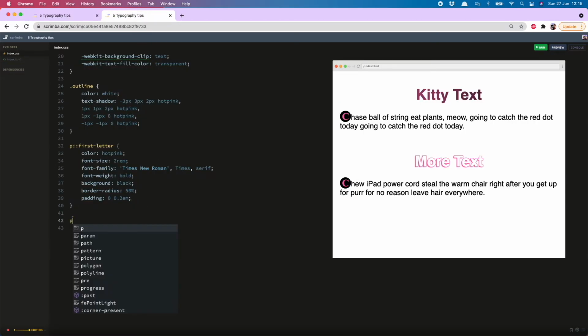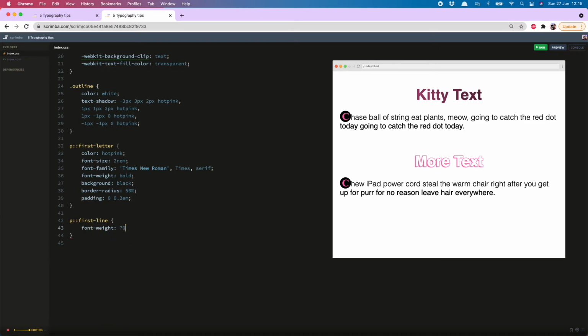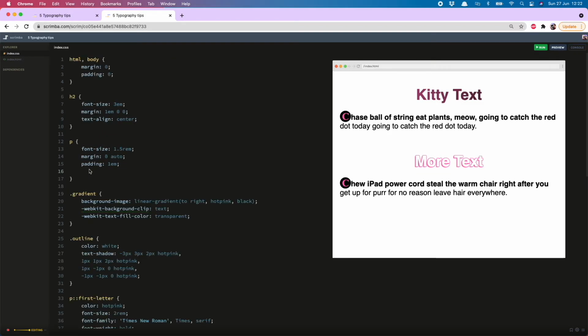You can probably guess it is p first-line, and I'll change the font weight to, let's give 700 a go. Lovely. So now the first line of every paragraph will be nice and bold. Super cool. My final tip is arguably not really a typography tip, but it can definitely help to make your